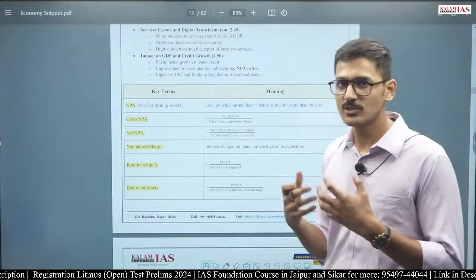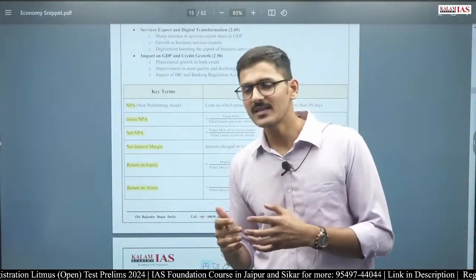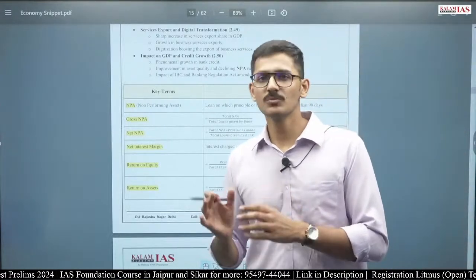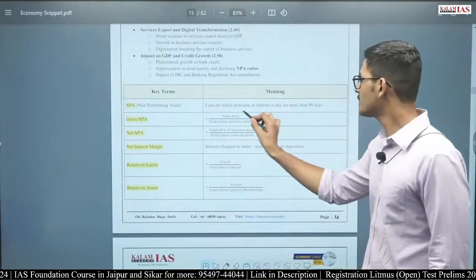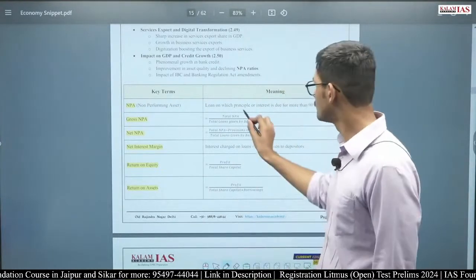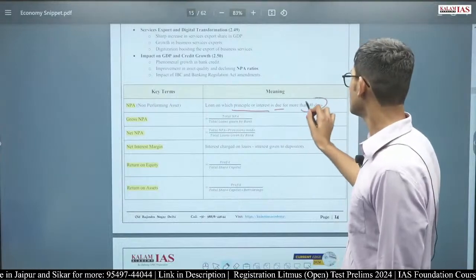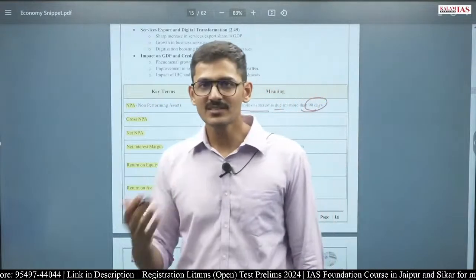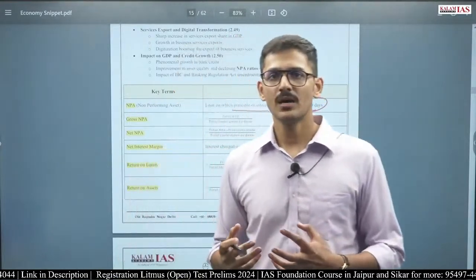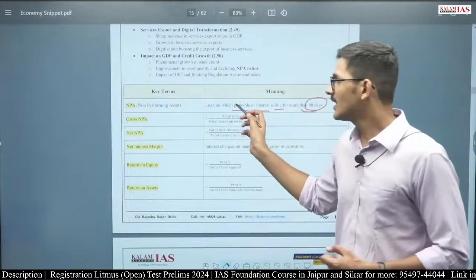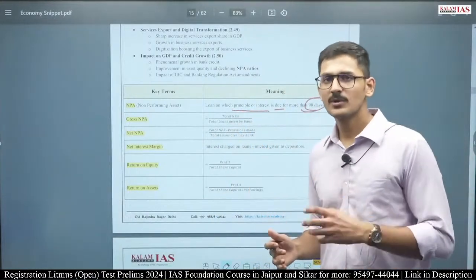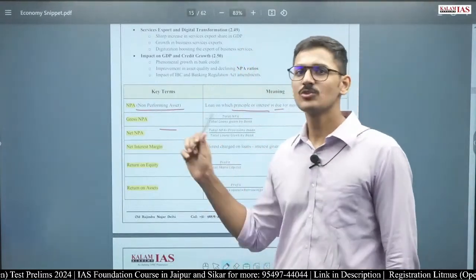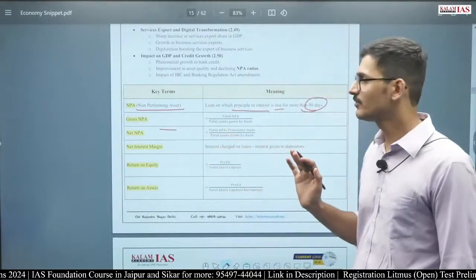When does this actually happen? The technical definition that is given by Reserve Bank of India: when any due in the principal or interest amount is more than 90 days. If any principal or interest is due for more than 90 days, then we consider that particular asset. Any loan that the bank is giving is an asset of the bank, because bank earns money from the loan that the bank is giving. So that bank will categorize that particular loan, that particular asset as non-performing asset, that the bank does not expect that this is going to fructify in the future.